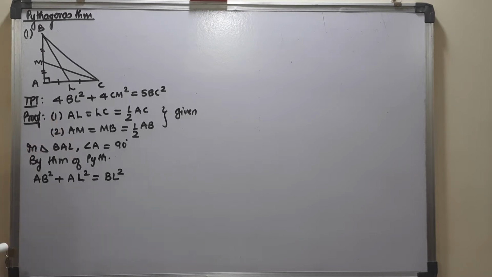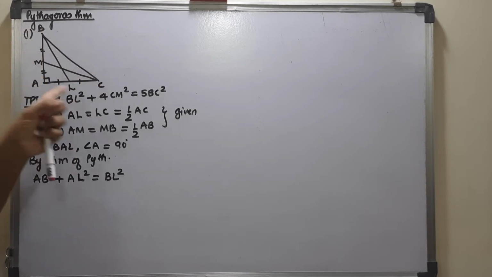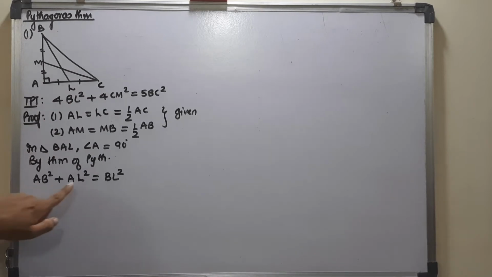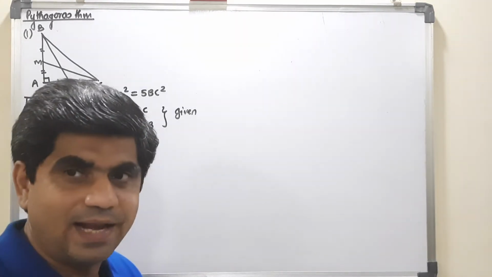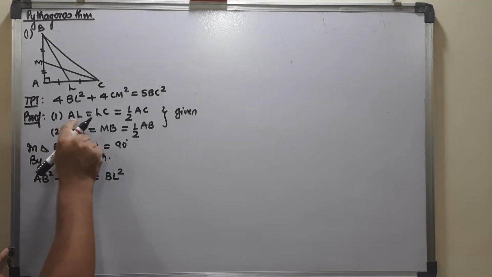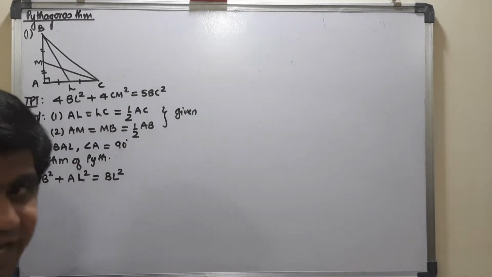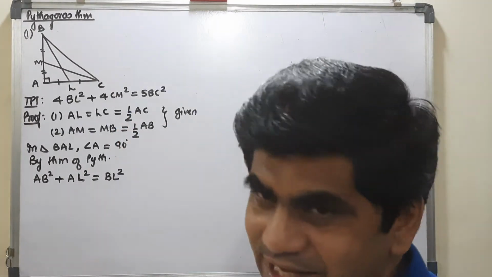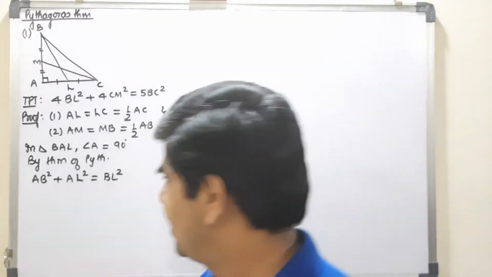Now you see here that BL square, I require CM square, so that also is again hypotenuse of triangle ANC, that also I can work out. And BC square is again hypotenuse of this particular triangle which has AB square and AC square in it. Means AB square is required, BL square is required, AL is not required. So I will get the substitution of AL. The substitution of AL can be LC, but again it will fall in the category of not required. So instead of that I can take AC because it will fall in the category of required.